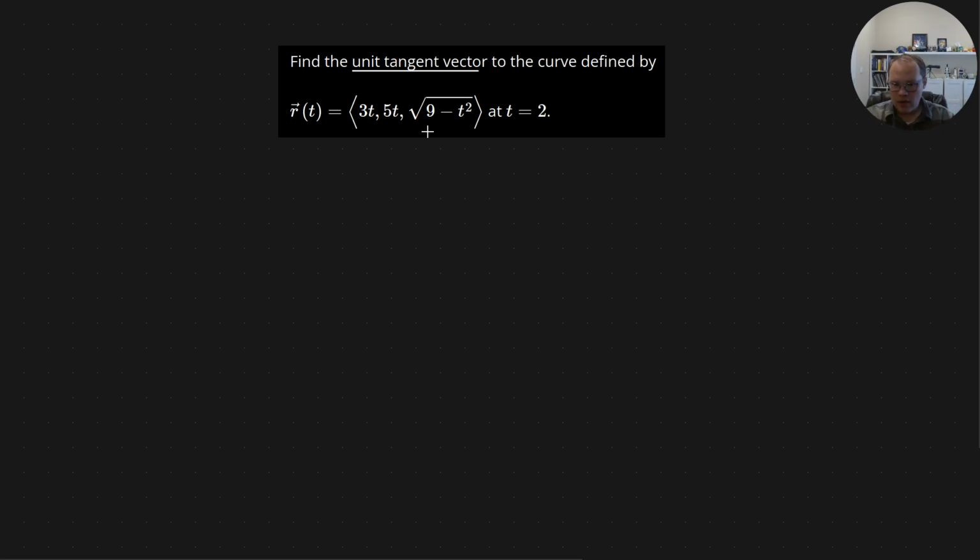When we want to emphasize the direction, we turn it into a unit vector, the unit tangent vector, which we usually denote with capital T. At a point t, it is just the tangent vector, the derivative at point t, and then we normalize it to turn it into a unit vector, allowing us to focus on just the direction without worrying about the magnitude. So we're just going to find r prime of t,